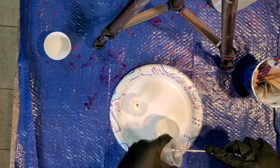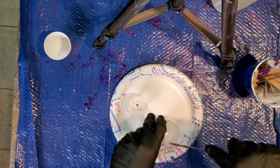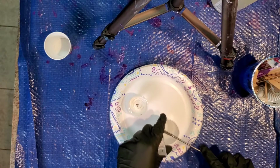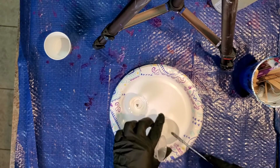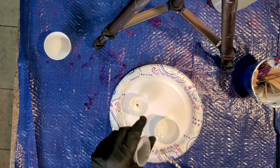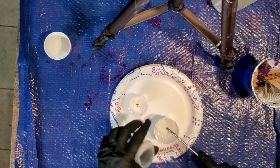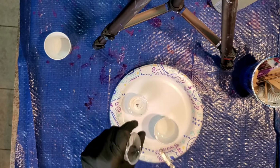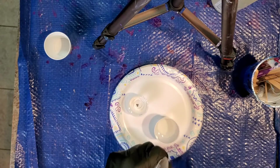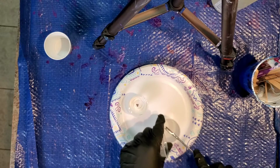And then again, we did equal parts, and I usually eyeball them just to make sure. So this sample that they sent me has more of a consistency of an epoxy that's a little bit thinner when you're mixing it, sort of like Stone Coat is. And I think that makes it a little bit easier to work with,